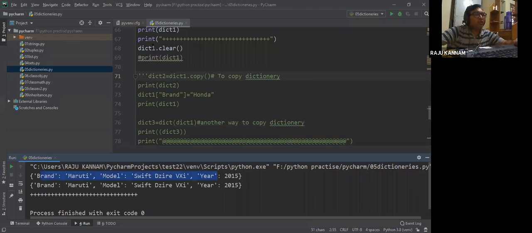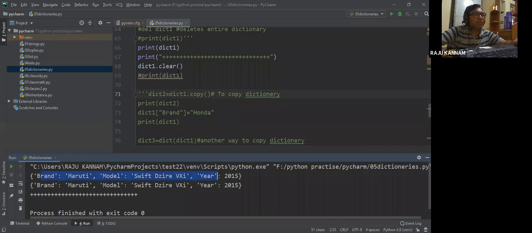Now if I apply dict1.clear and print again, what will the clear function do? It will clear all the elements in the dictionary. That means all 3 elements get cleared, and if you try to print dict1, you will get nothing.